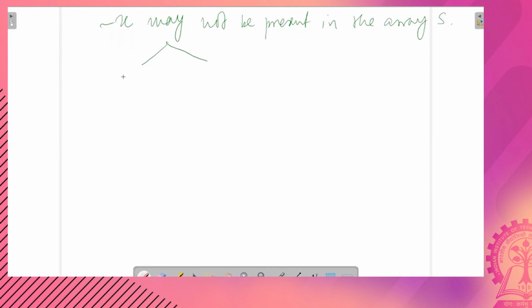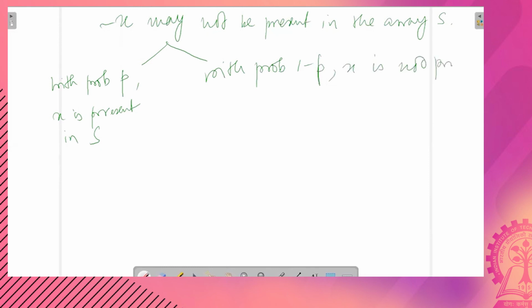One is, say, with probability P, x is present in S. Therefore, with probability 1 minus P, x is not present in S, right? So now you have two such events.